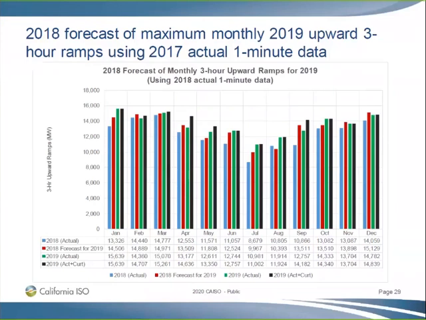I know a lot of folks out there are saying, well, you have a forecast. Well, this is the actual data that I think we need as a group to look at, and then acknowledge that you have a lot of unknowns out there. The load's not as predictable as we thought it was going to be a few years ago. Wind and solar is pretty hard to predict. You can have a good wind forecaster, a good load forecaster, a good solar forecaster, and a good guesstimate as to what you think rooftop PV is going to be doing on any given day.